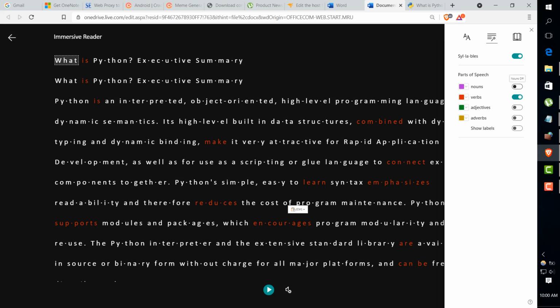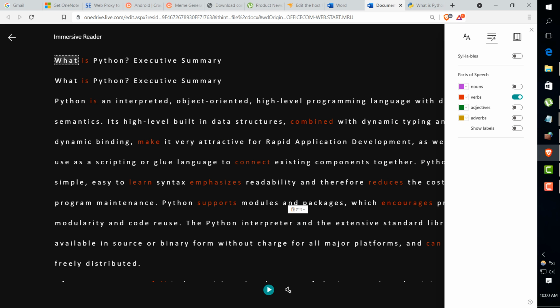This particular point, it will highlight the syllables for you. So if I enable it, you can see it is highlighting the syllables right away. It will help you to first of all fix the spellings, as well as it will help you to improve the pronunciation. Now if I uncheck it, it will become normal the way it is.